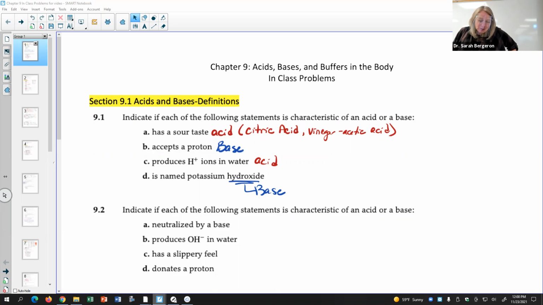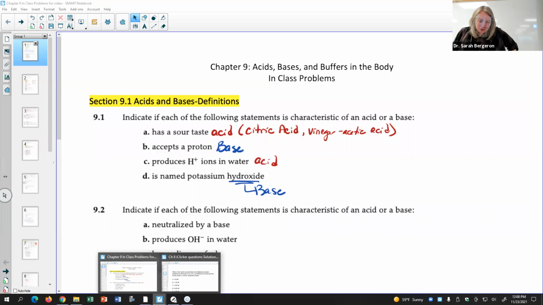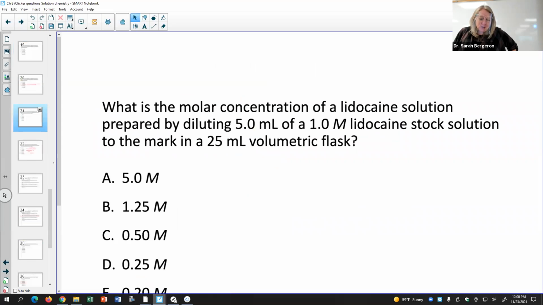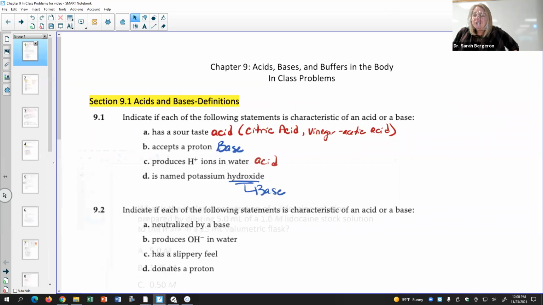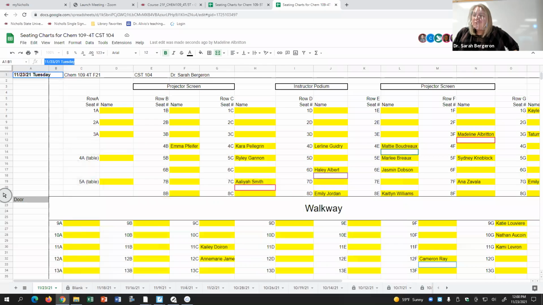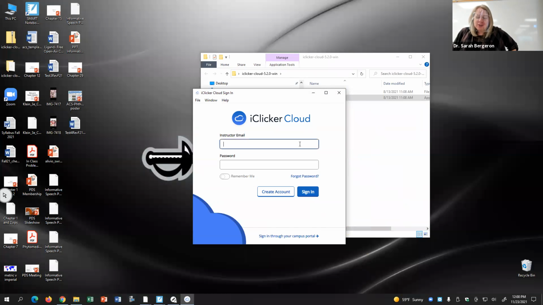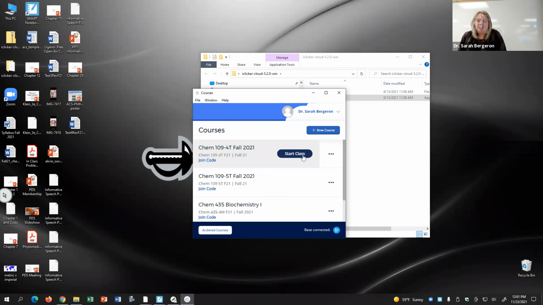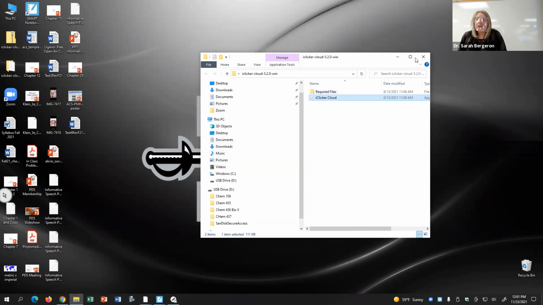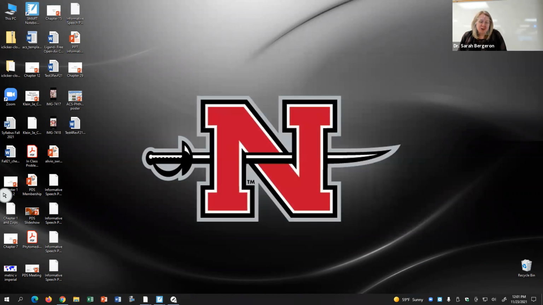So what I want to do is I want to finish. Oh, no. Did I not open that one? I think I didn't open it. I think I have one more file to open. Oh, and I didn't finish doing the iClicker. Oh, my goodness. Not doing so red hot here. Okay, and then,